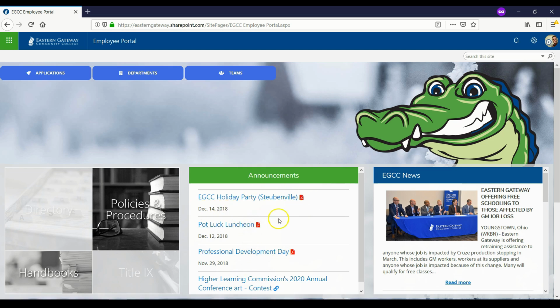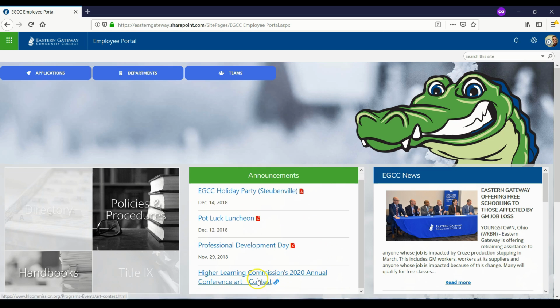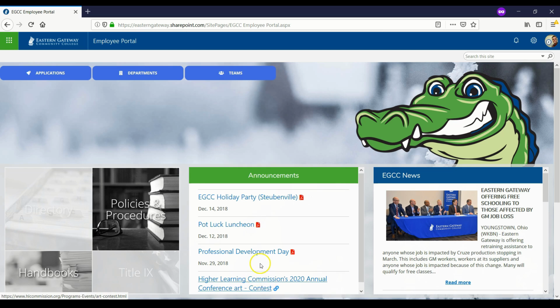Usually they'll have a date attached to them. The Higher Learning Commission conference contest one does not, due to the fact that it's going on for a long period of time, but the rest of these do. Although slightly dated now since we've gotten back from the break, there is the EGCC Steubenville Holiday Christmas Party, notated as it being